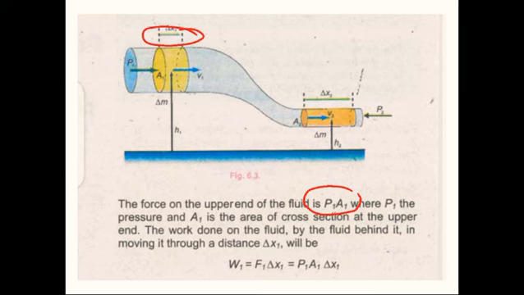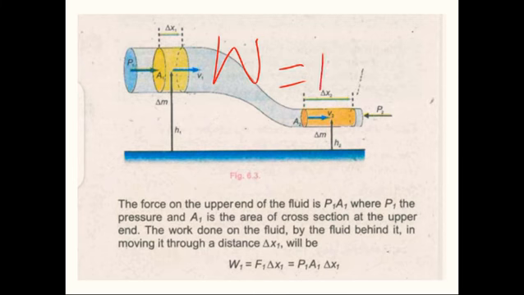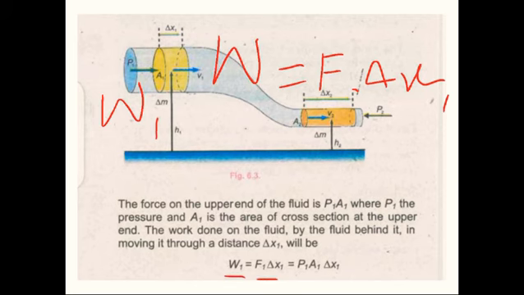As you know very well about the work done formula, W is equal to the product of force and displacement. So here force is represented by F and distance is represented by delta x1. Why have we taken delta here? Because we have taken a small portion of this length. So we are discussing the upper end. The work done along the upper end is represented by W1, F1 is the force exerted on the upper end, and delta x1 is the length which we have taken here. By putting the values, F1 is equal to P1A1 and delta x1 as it is.